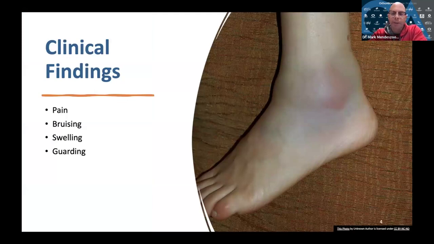An ankle injury will usually present like this picture. You're going to have significant pain. You're going to eventually get bruising, and that bruising will get worse over time. So usually around 3 to 7 days after an original ankle injury, you'll start noticing more pain and swelling. You'll get guarding. You'll start losing motion of that ankle. And even in some situations with a bad ankle sprain, you can damage the nerves. The nerves can get stretched out, and it can persist with a little bit of numbness and tingling.